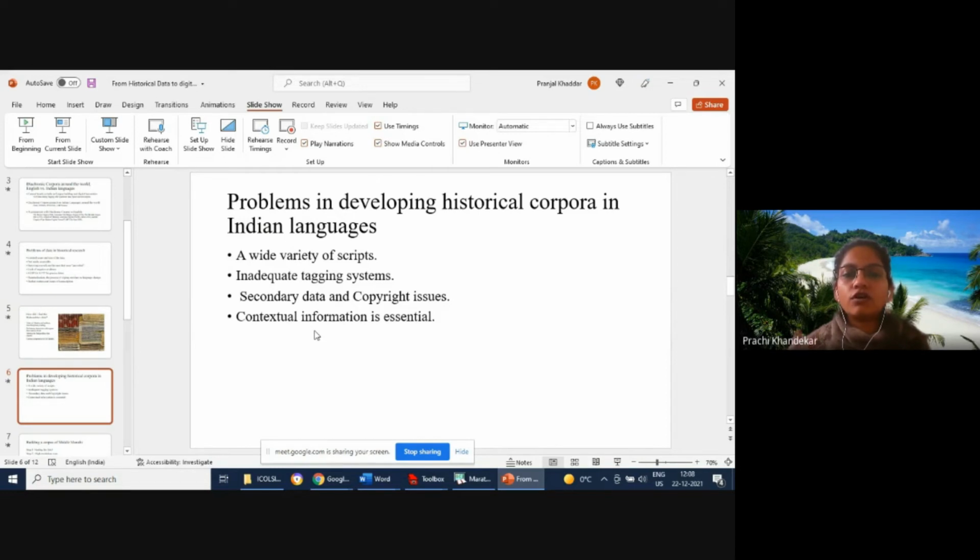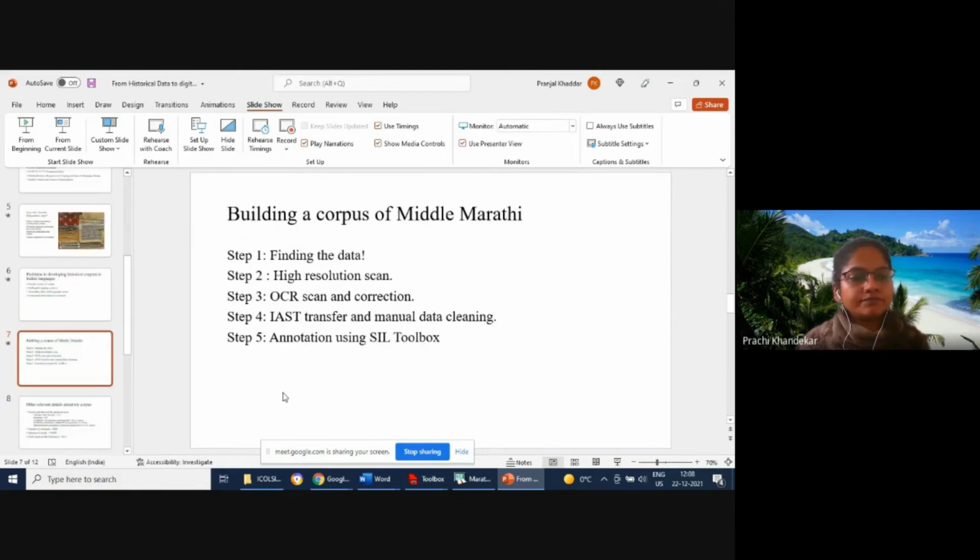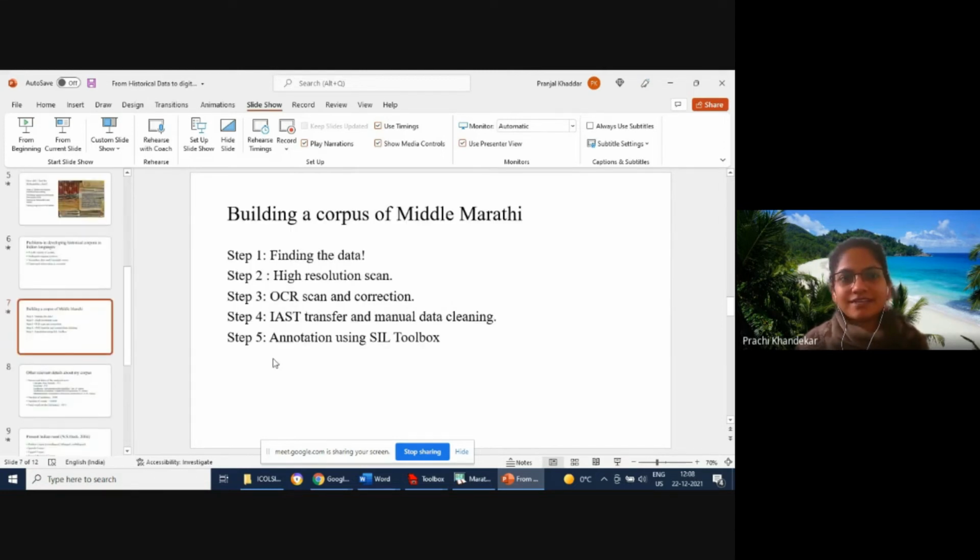You need a lot of work, first of all, to acquire the data, and secondly, to make it viable for the users. So these are the problems, and probably the reason why there's not a lot of work happening in historical corpora. However, I get going at this, and that's why I have the steps for creating a corpora,